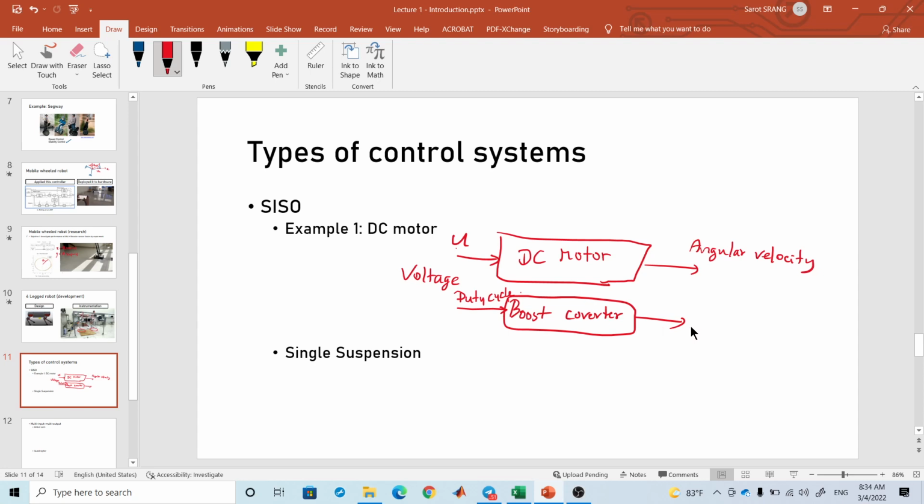Yeah, this is also a single input, single output. A single pendulum is also single input, single output. Another example, car suspension. Just a single one. Imagine that you only study one suspension. So the lump model, lump meaning simplified model, like this one: a mass, and then you have a spring, and you have a damper,